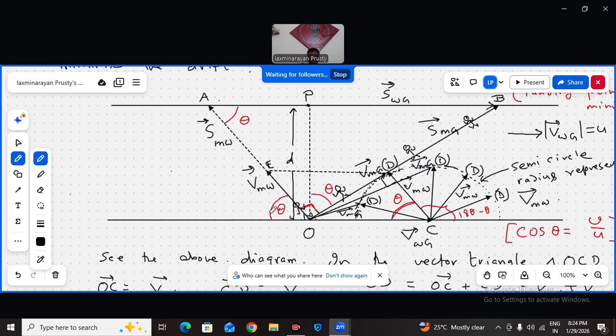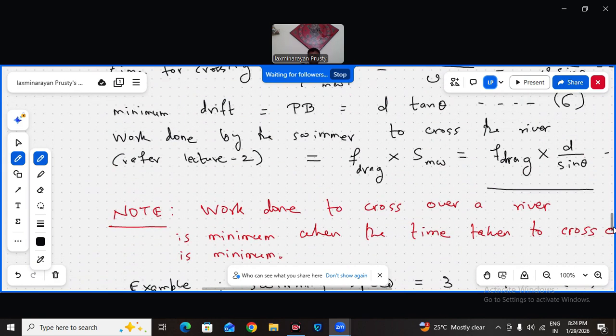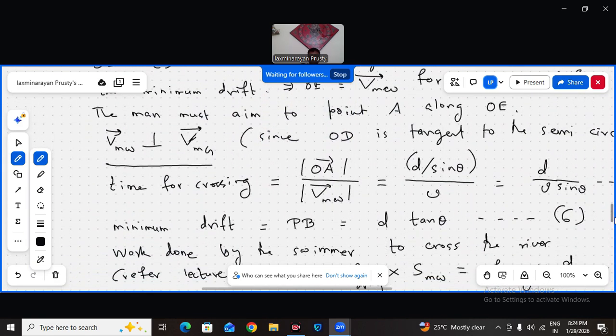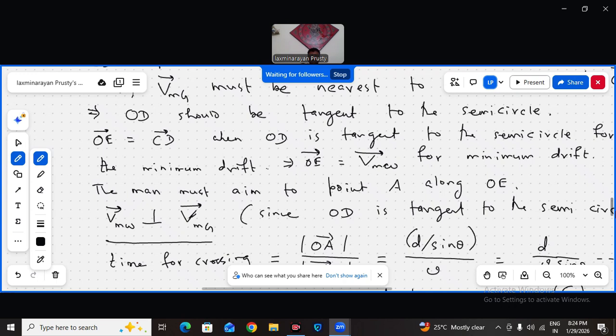This is D. This is theta, and cos theta, you already know, is V by U. So PB minimum, that is the minimum drift, will be PB, which will be D tan theta from this diagram. So like this, you can easily find this. That's what I wrote. So minimum drift is,